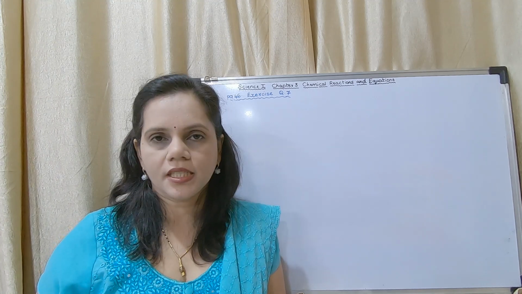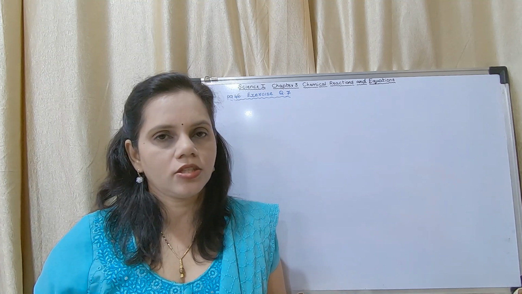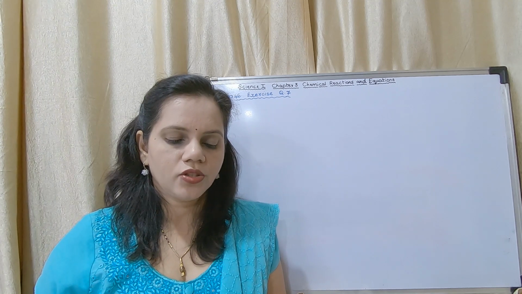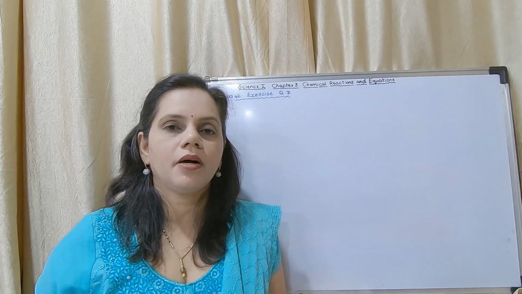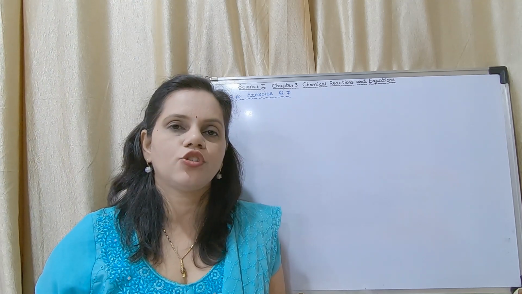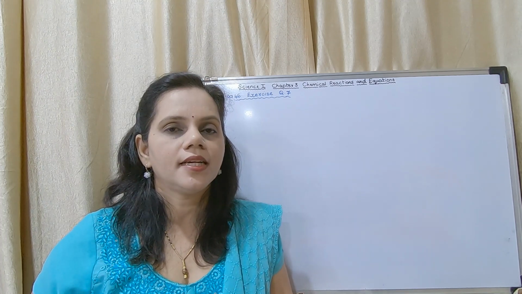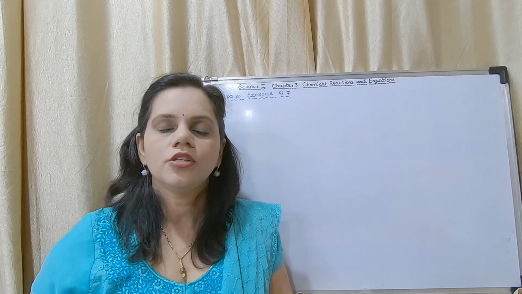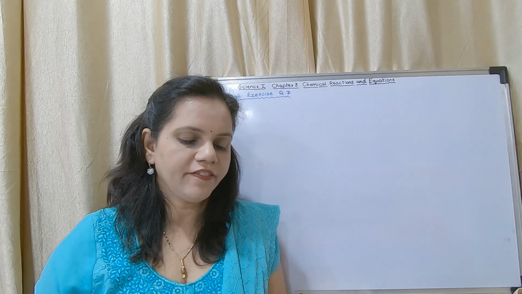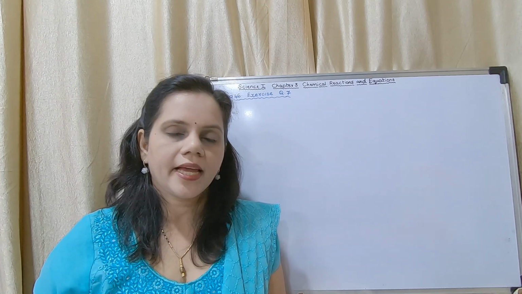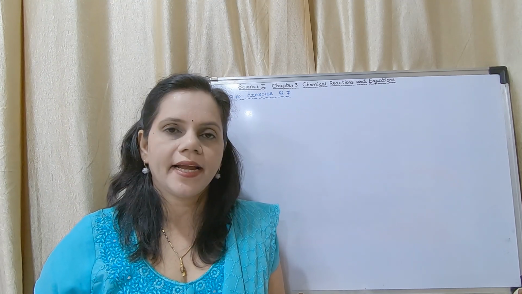Next is CaO plus H2O gives Ca(OH)2 plus heat. Here heat is written towards the right hand side, so heat is released, so it is an exothermic reaction. CaCO3 gives CaO plus CO2. There is a triangle above the arrow, that means CaCO3 has to be heated. That means which type of reaction? It is an endothermic reaction. Okay, so you may write whether it is endothermic or exothermic there itself. First one is exothermic, second one is endothermic, third one is exothermic, and fourth one is endothermic.